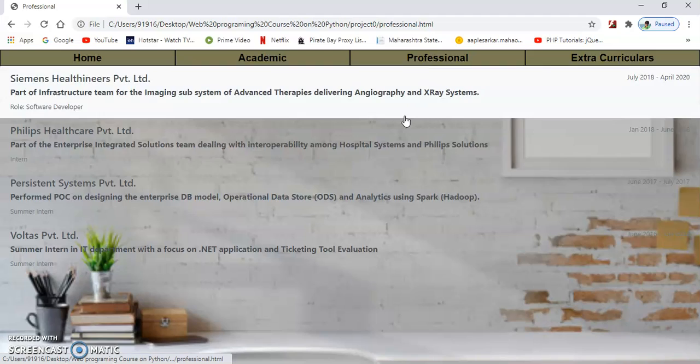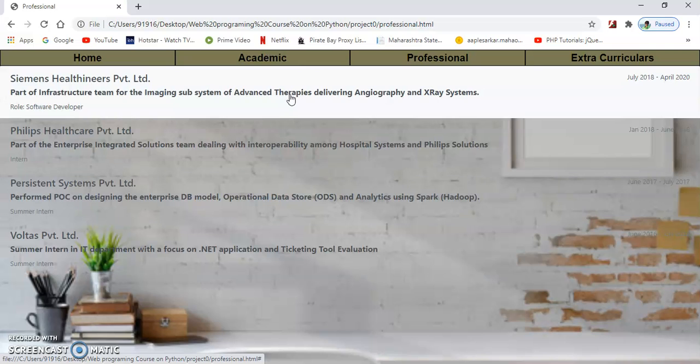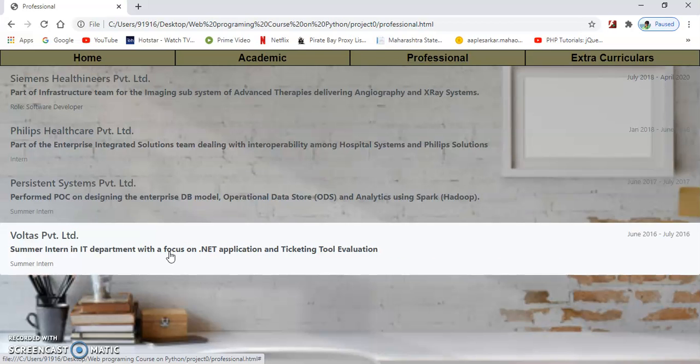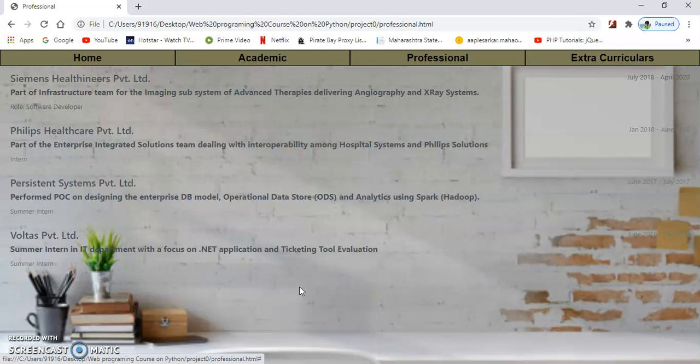Moving on to the professional page, as we can see, I've made use of a Bootstrap 4 component of list group. So it was a pretty interesting component that I found when I was going through the other extra facilities provided by Bootstrap, and I just listed out all my work experience in a very presentable way with a background image as well.